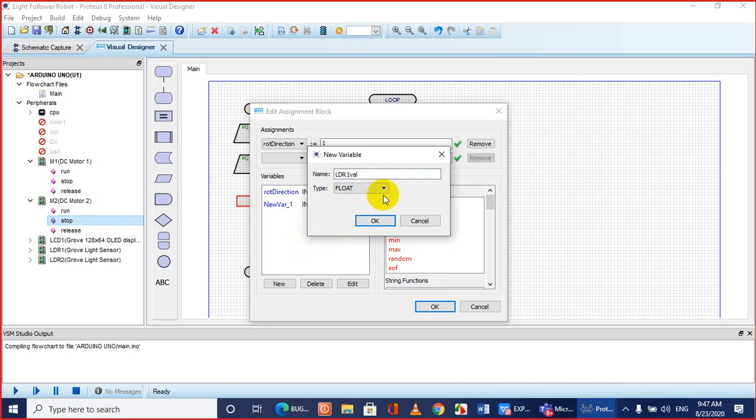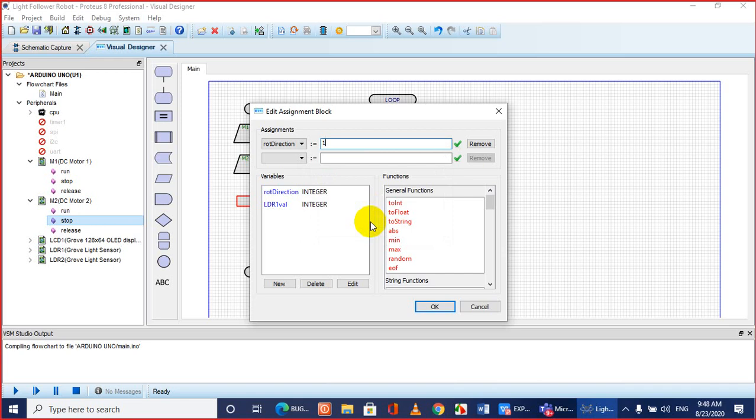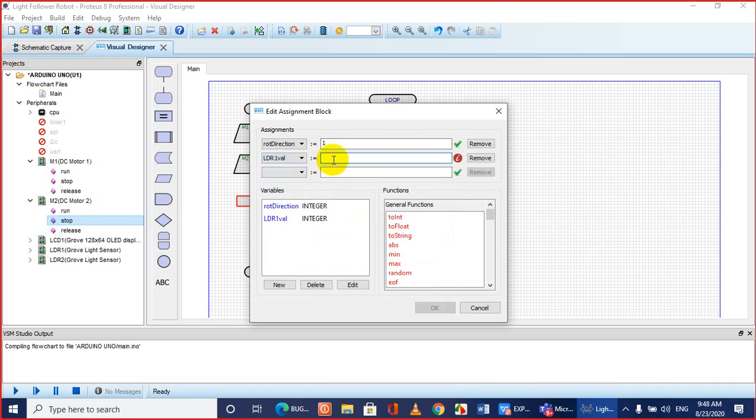No, I think you need to define as integer value because they get converted to integer value, not float value. Because 0 to 5 volt get converted to the range between 0 to 1023, so that's integer value. Let's define that value initially as 0.